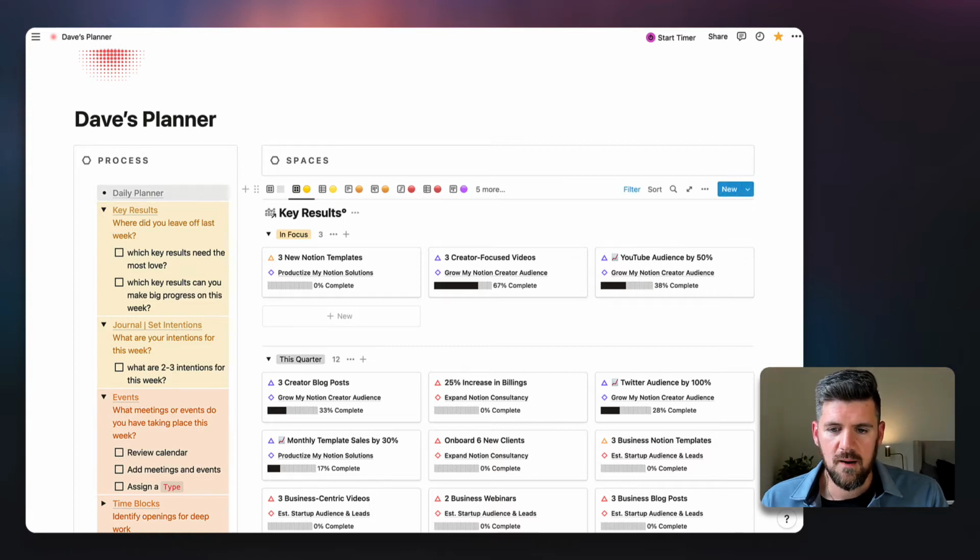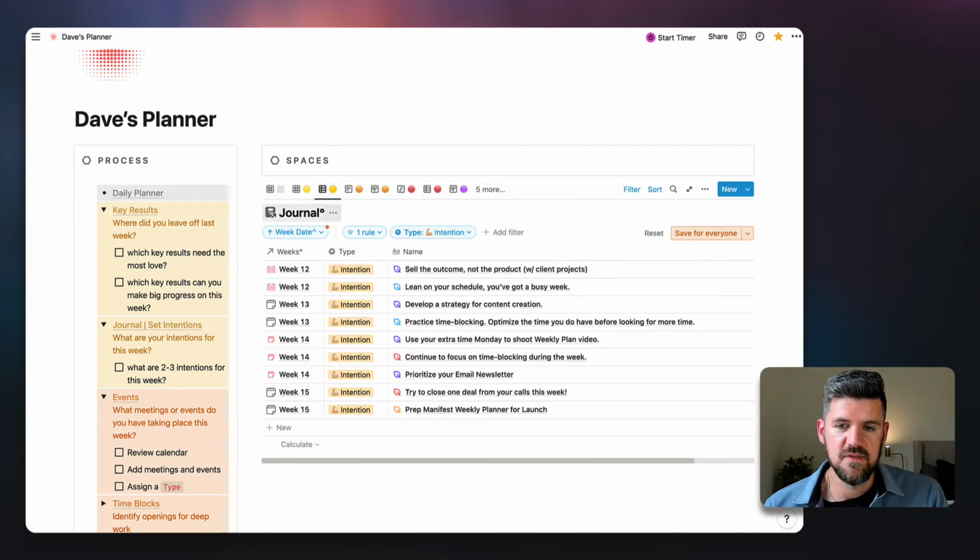And then we get into journaling. This is specifically setting up and adding a journal entry for the week. So I changed the filter a little bit to show previous weeks, but this is something that also helps to visually connect different areas of your Notion space. So starting to color code by area.